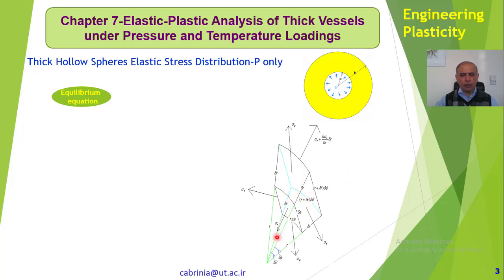In here, you can see this element. Okay, we have taken an element out of this sphere like this. This element, because it's spherical, so we are going to use spherical coordinates. The coordinates in here are r, phi, and theta. Okay, as you can see, for this element here we have delta theta, and here we have delta phi, and the radius obviously is r, and for the element we have delta r in here in the radial direction,